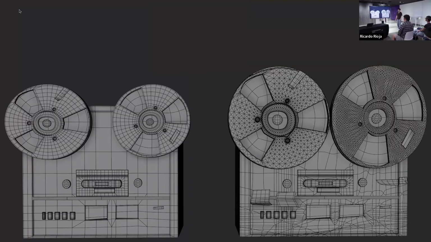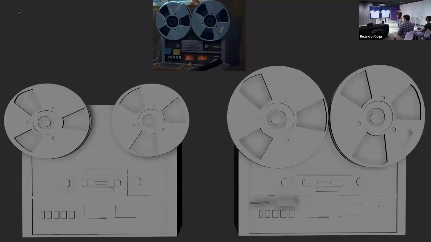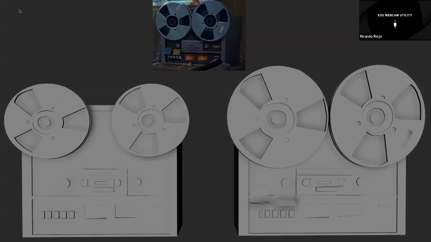It depends, right? It depends on what you're using it for. But the way that I see it, as I said in the beginning, we need to learn to have this eye that can do this translation from 2D to 3D. That's the most important thing that an artist can have, learning to do this copy, let's say. And topology comes after that.